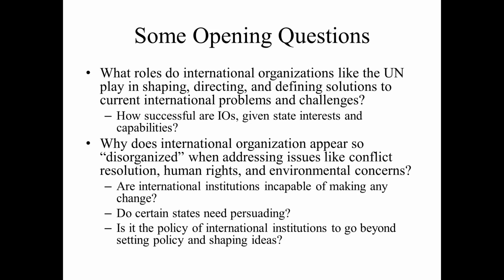It's sort of ironic that we refer to this as international organization when it really seems like the people at the institutional level really don't know what they're doing, or they are being forced to fight with one hand tied behind their back. As anyone who has studied the United Nations knows, the UN is quite a paradoxical institution. It is the most widely regarded international organization out there. It has a significant degree of public legitimacy, right? People look to the UN for guidance, for moral direction, and for setting policy.